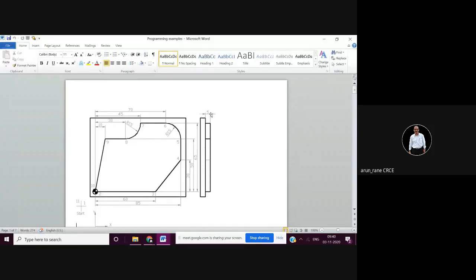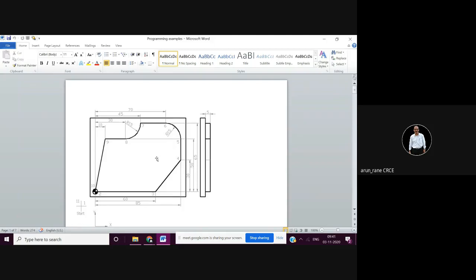Generally, we take Z0 on the top surface, that is this. So I hope the drawing is clear. And this is not an APT program, so you don't have to define the geometry, lines, circles.